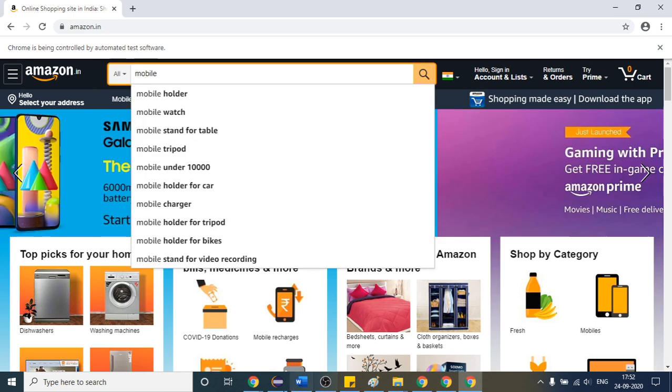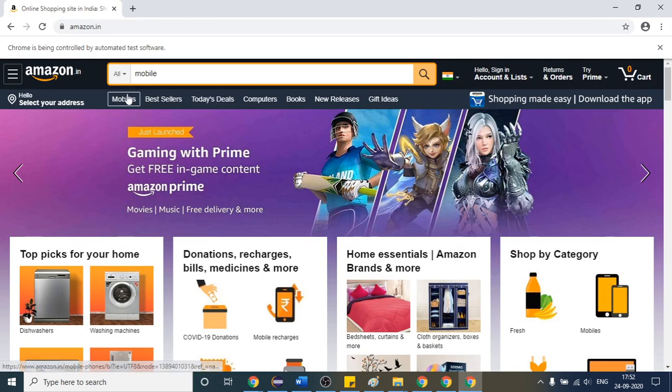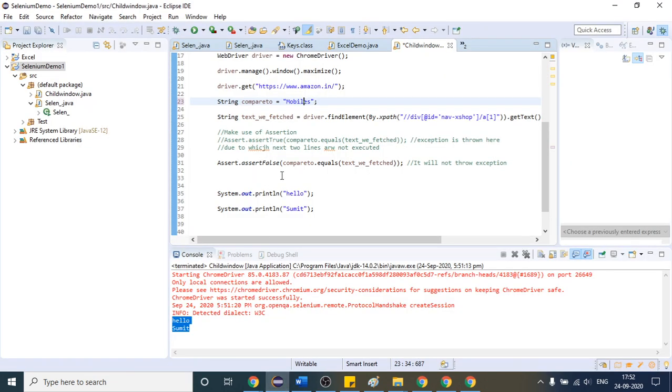But what happens when you run it, say you have changed this mobile text to this one. You have just changed the mobile's name like this. But when you are trying to validate it and I execute it again, this time this string, mobiles dot equals, will get the same text. So that means it will return true.